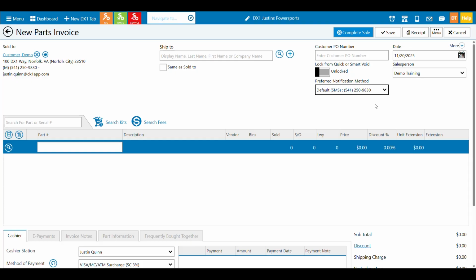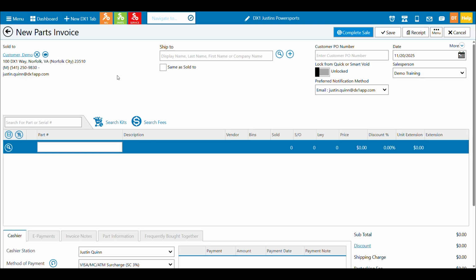So when you come in, make sure you can set the method to whatever you think that customer prefers. If they like text messages or emails, at least for this particular invoice, that's exactly how the notifications will kind of trend towards the customer. So that's basically all your components of the top part of an invoice.